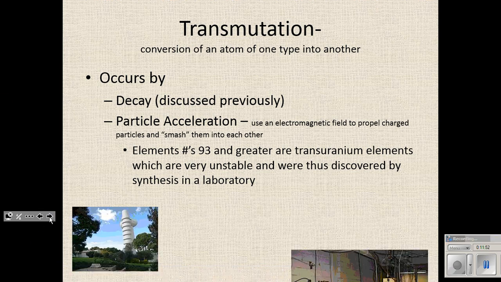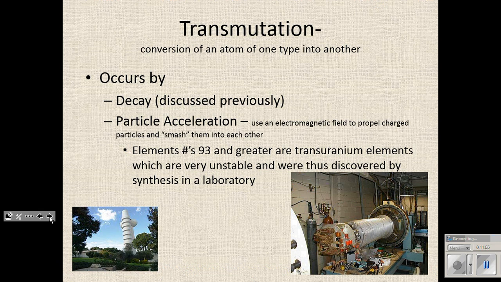Here's a couple pictures of some particle accelerators in the United States. This one here is a cylindrical accelerator that I believe is in, no, that might not be right. I know that we have one out in Arizona, and this one is a large particle accelerator. They're going to accelerate the particle around those curves to get it going really fast, and they're going to accelerate it with a magnetic field and then mash it into